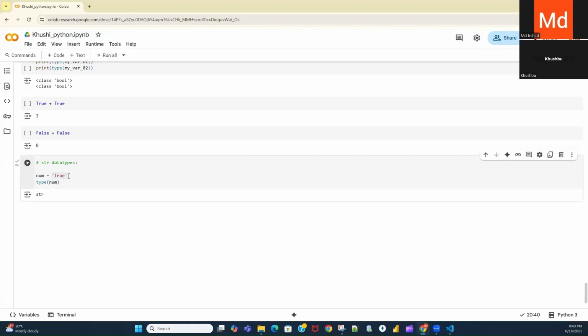This will not act as an actual true. It will act as just a string value which contains the characters true. So right now it is a string. If I remove this single quote, then it is a Boolean, either true or false.